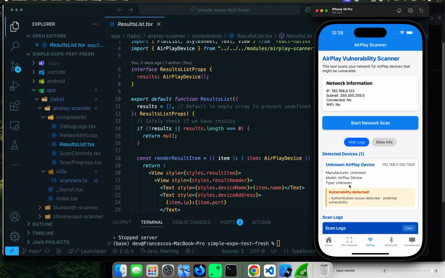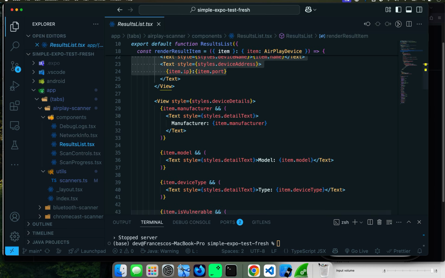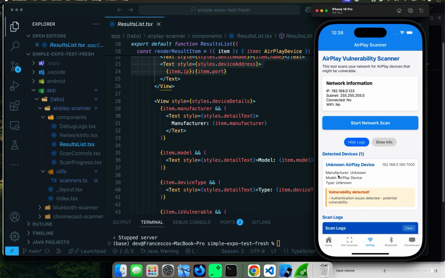It's going to give you the result item. Result item is going to give you the result header. So it's going to give you a header, right? It's going to give you the device name, the manufacturer, item manufacturer, the model, manufacturer, model, type,